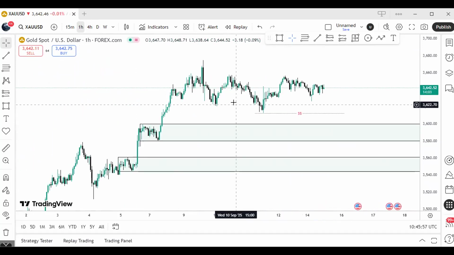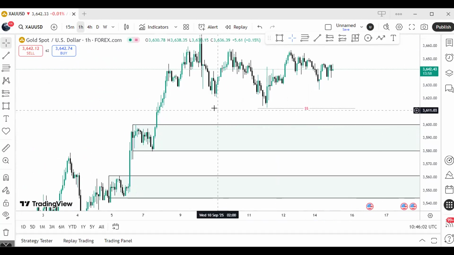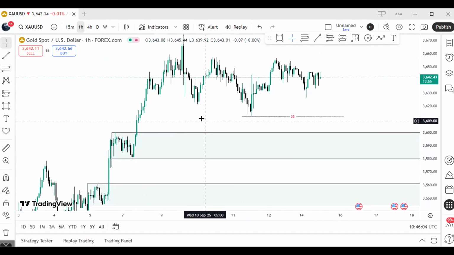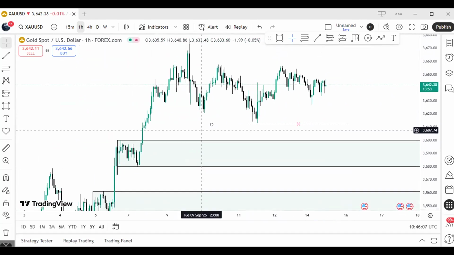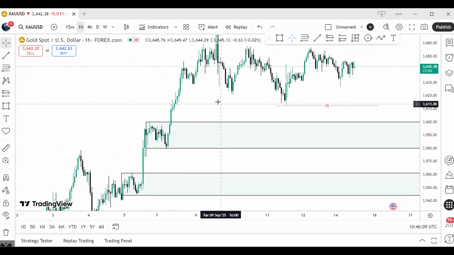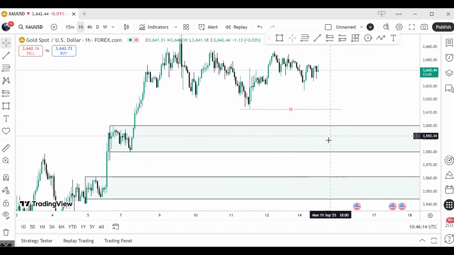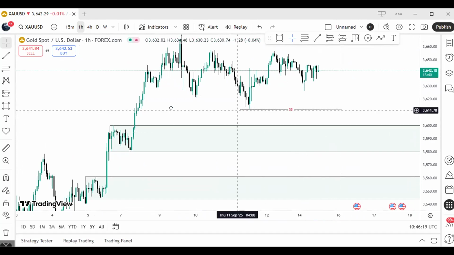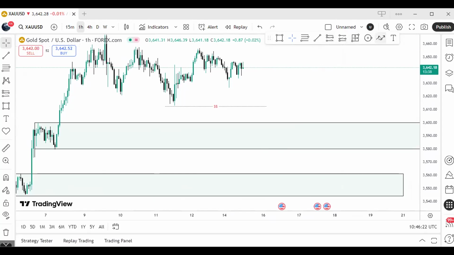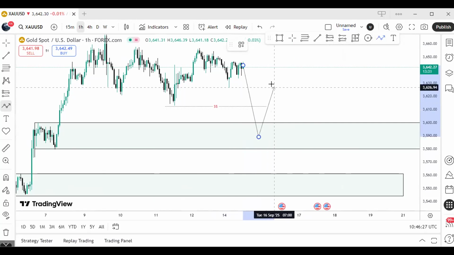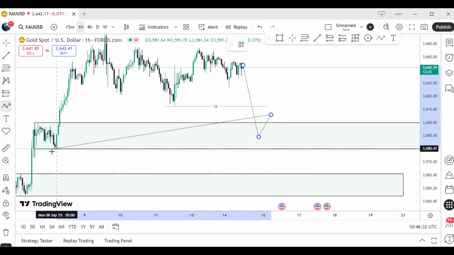So on the 1-hour time frame, you can clearly see that is a real high potential demand zone because there's a fair value gap, there's liquidity before entry. So if the market takes this liquidity, we can start looking for entries to buy from this zone with confirmation. Market will sweep this liquidity, come to this zone, and then up. But if this zone fails, then